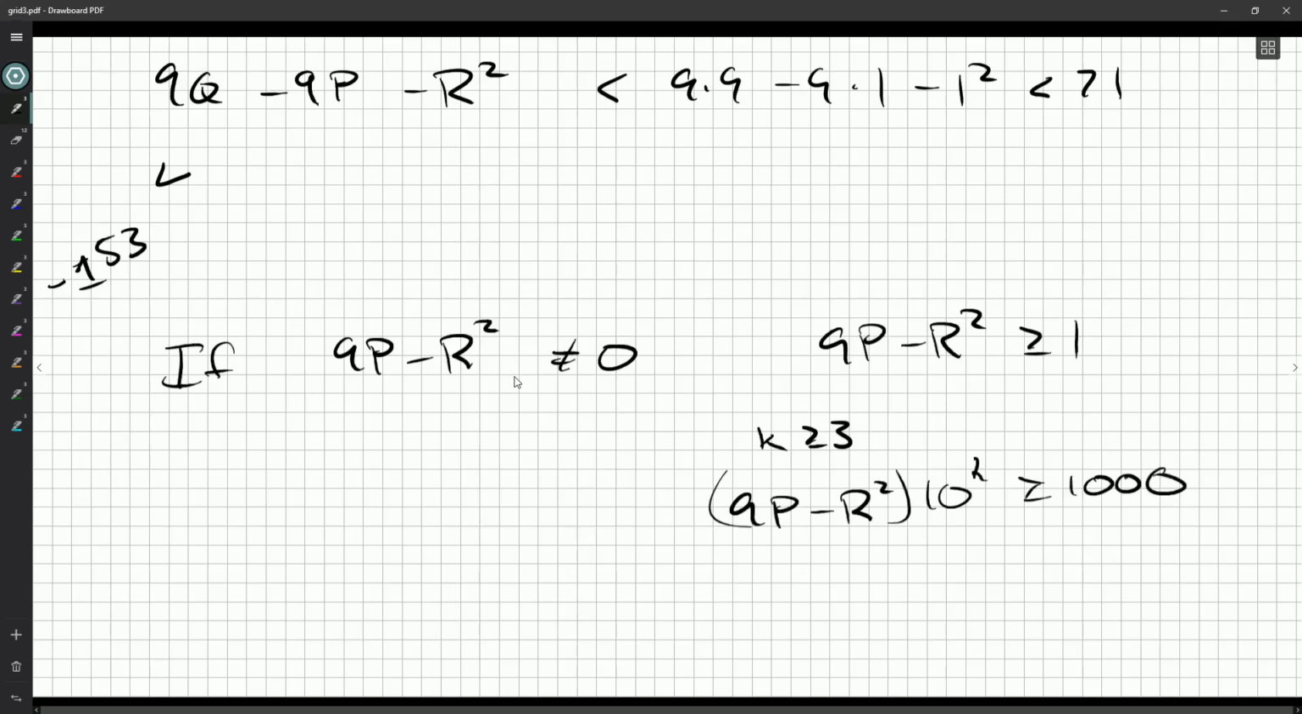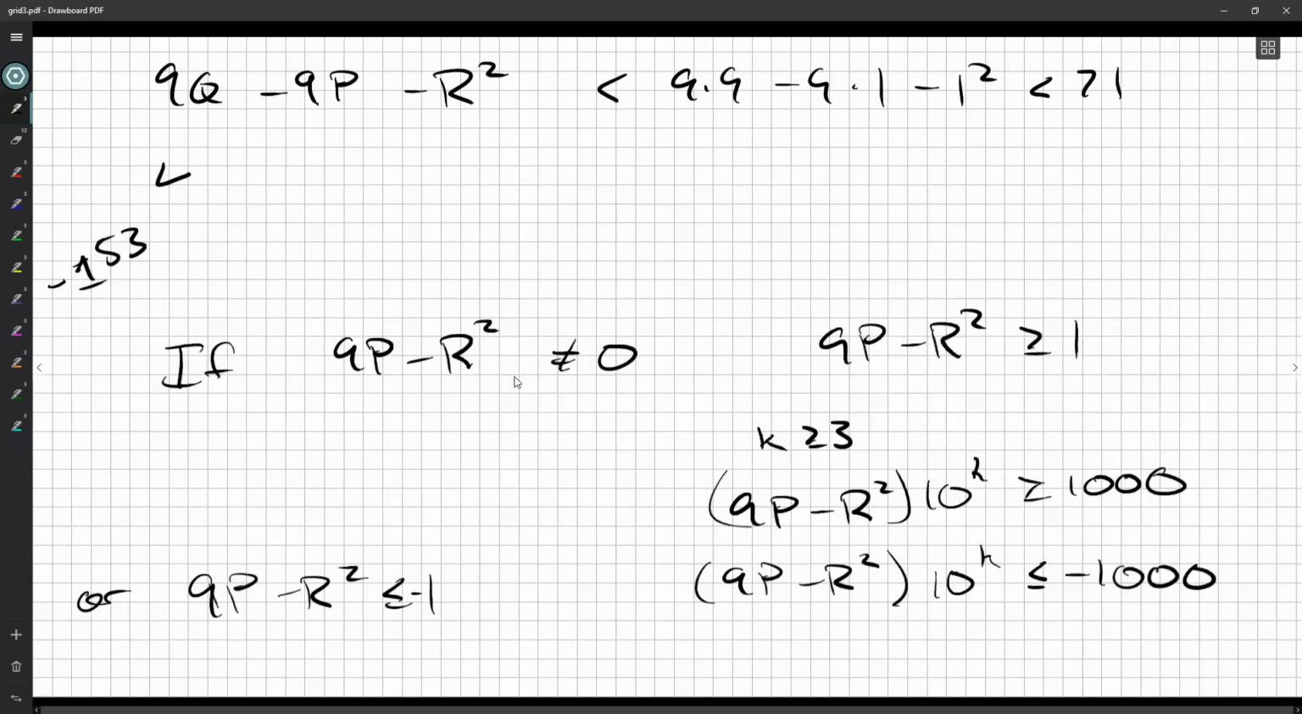1,000, or 9p minus r squared is at most negative 1, in which case 9p minus r squared times 10 to the k is lower than negative 1,000, which clearly can't match up with numbers in this range. Okay, so I guess if k is greater than or equal to 3, we have to have